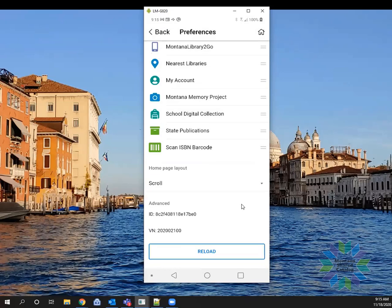I can show you what that looks like. And then finally, they have the option to reload. Reload's most useful for staff, I would say. So when you submit a ticket to update your hours, for example, if you want to check that they are displaying how you want them to look, you can reload the app and it will show you any changes right